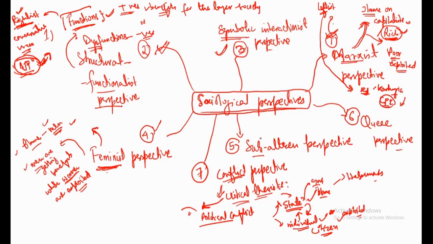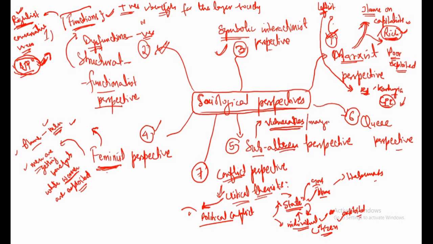Then subaltern perspective. Subaltern perspective simply means that if you are talking about the impacts on vulnerable classes in the society, then you are viewing the topic from the angle of subaltern perspective. This feminist perspective is also a type of subaltern perspective. So in subaltern perspective, we talk about